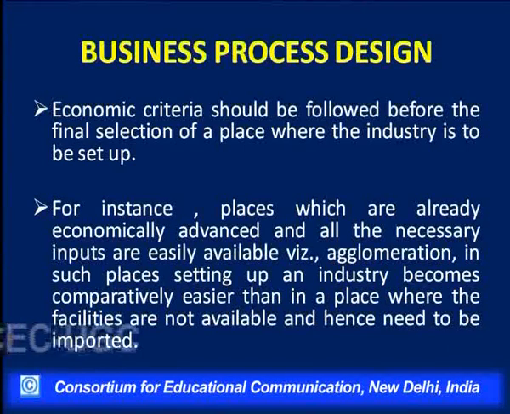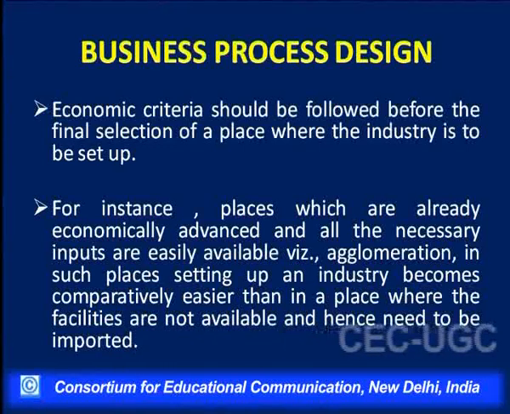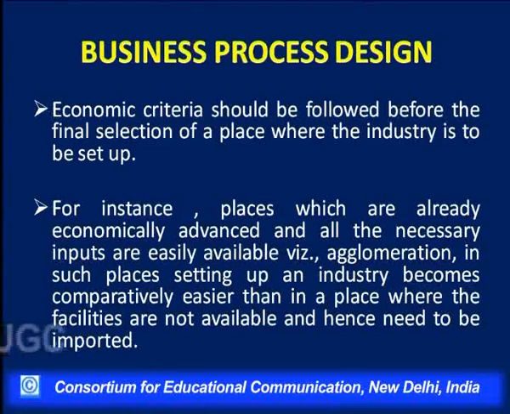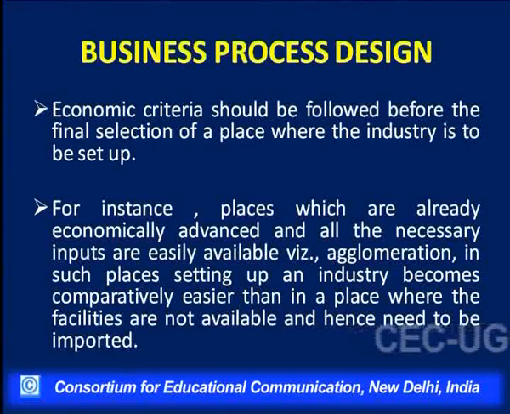be taken. So I'll give an example. The places which are already economically advanced and where all necessary inputs are available, for example, agglomeration. In such places, setting up an industry becomes comparatively easier, because your efforts are next to nil, because everything is conglomerated and it is definitely in place. But if you think about vice versa, where the things are not available, they are not agglomerated, they are scattered, then of course the things have to be imported, placed in order, and then the decisions would